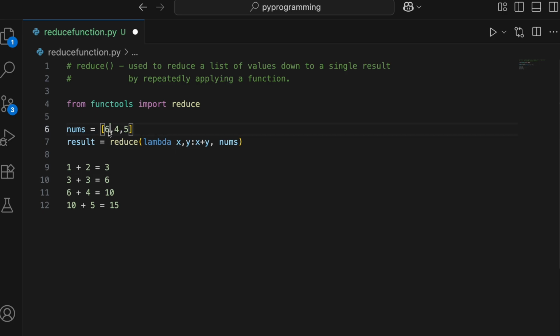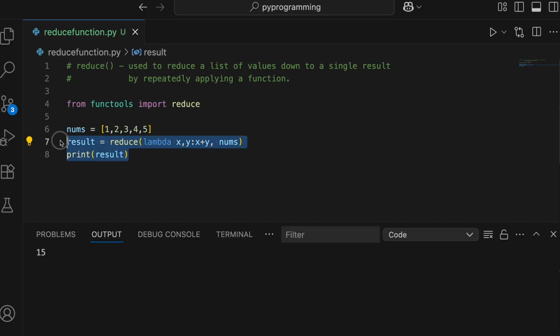Now again the 6 is considered as x and 4 will be y. Again there will be a summation, the expression is going to run on them again, so the result would be 10. After that it will become like this. Then again 10 is going to be x and y will be the value 5. The expression will run on them, finally reducing it to a single value, which would be 15. And then we'll get the final output. So let me just do a Control Z. Now let's go ahead and print the result. Let's run this and we got the result.